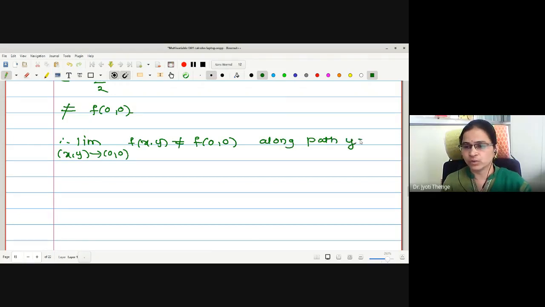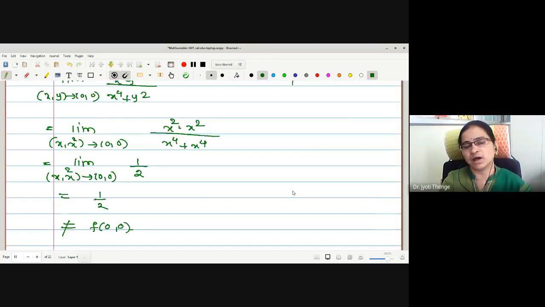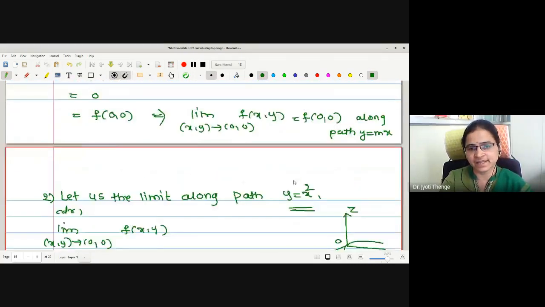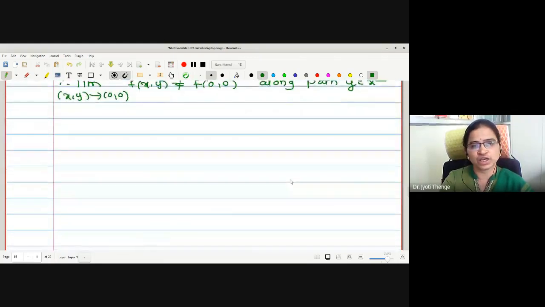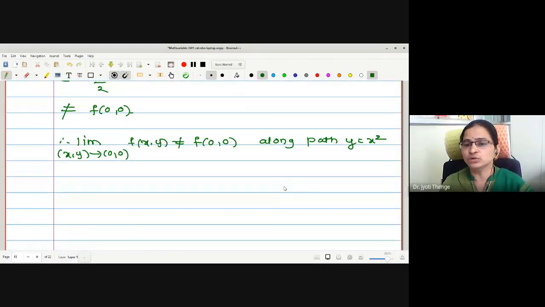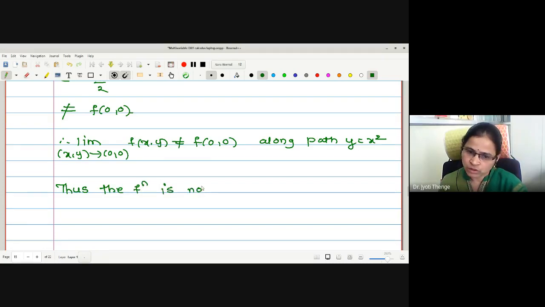Along the path y equal to x square. Therefore, instead of checking only along one path, we cannot say directly the function is continuous. We have to check all the paths. As in two-dimensional spaces, we were checking two limits, limit x tends to c plus and c minus, likewise. Thus the function is not continuous